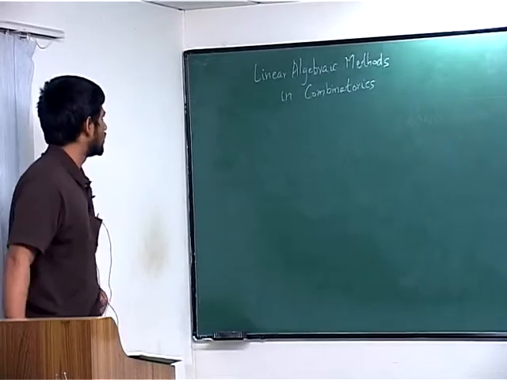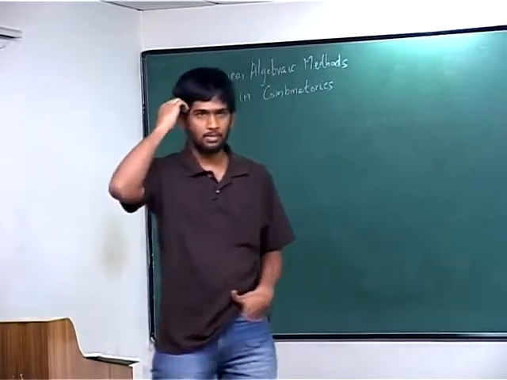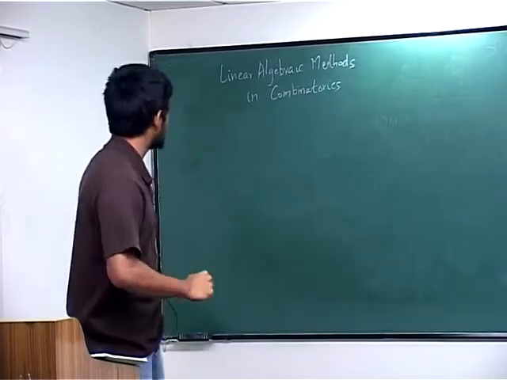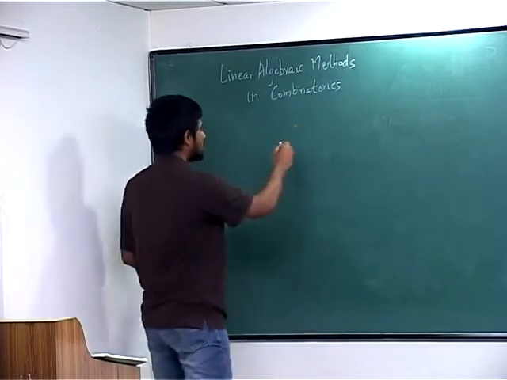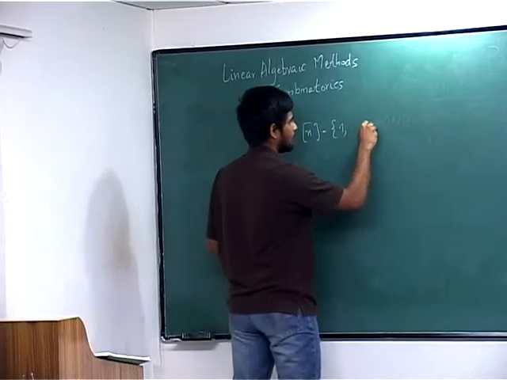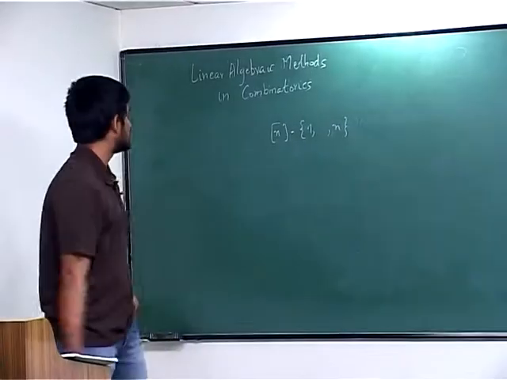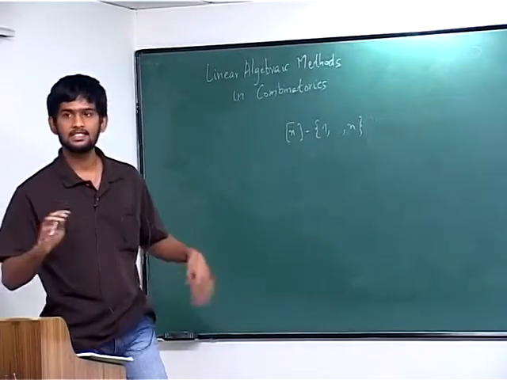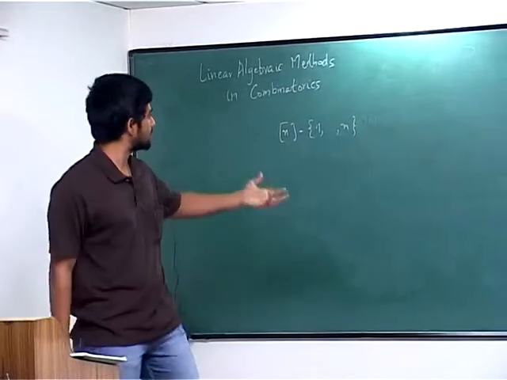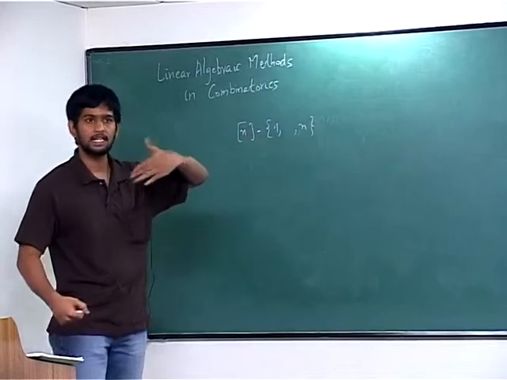So the idea here is, we'll be looking at what are called extremal problems in combinatorics. In the examples that we'll see, we look at extremal problems. What that means is, suppose you're given this set, say 1 to n, and you want to find a collection of subsets of this set which satisfies some properties, and you want to find what is the maximum number of sets I can collect from this set 1 to n which will satisfy that property.